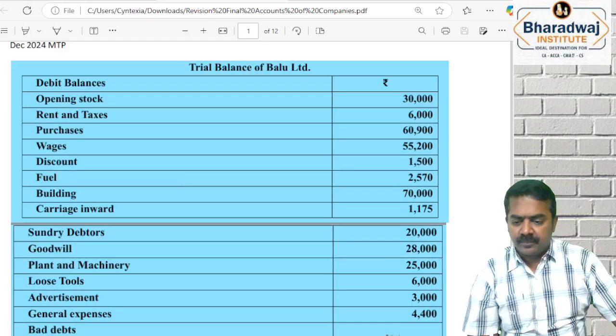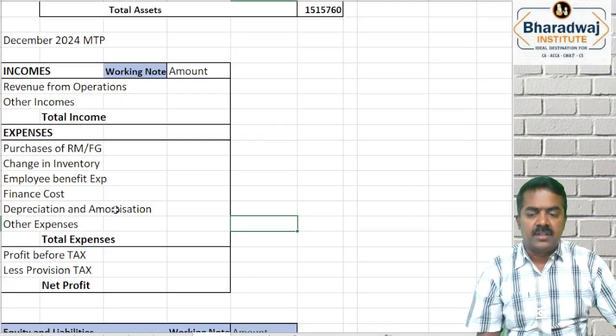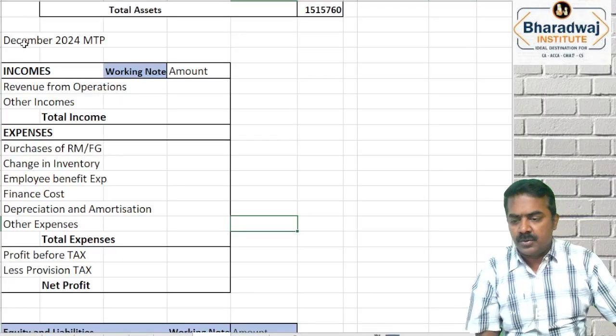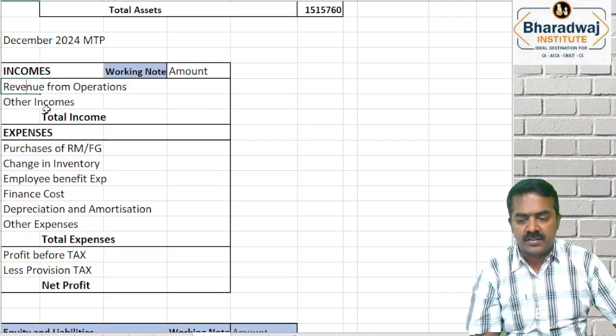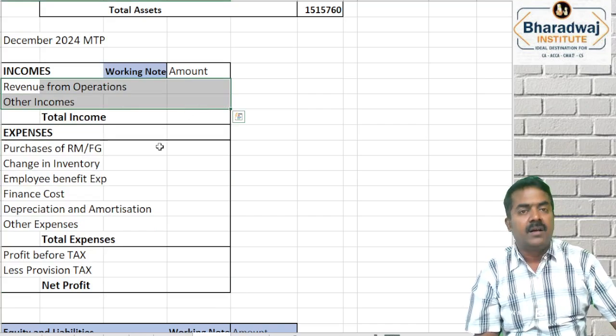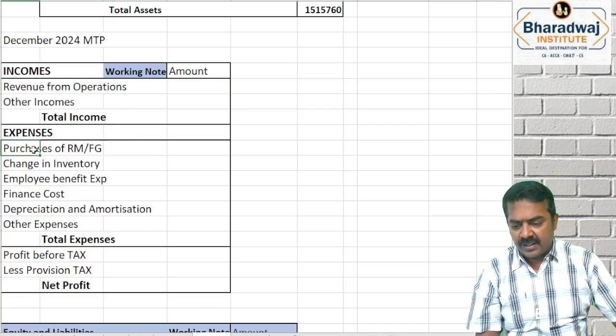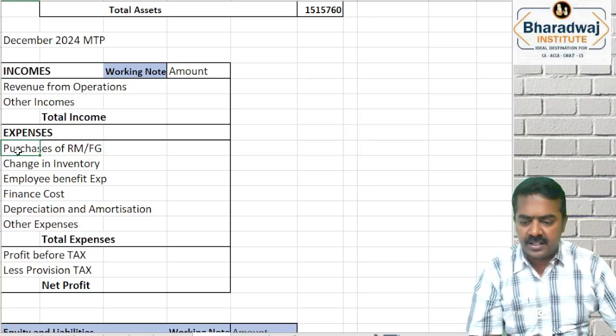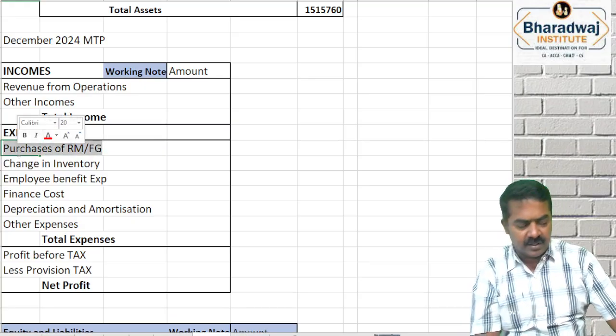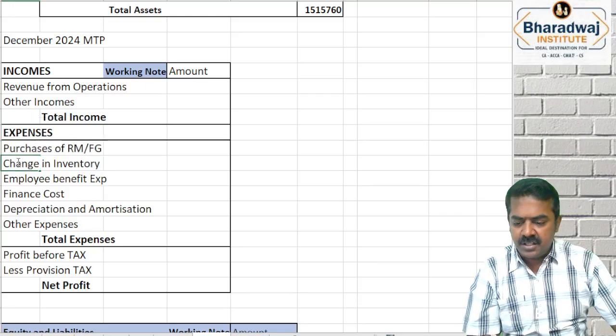Okay. Before we start with revisions, let us do a recap of income statement. Income is classified under two heads: revenue from operations and which one? Other incomes. Expenses, the purchase of raw material or finished goods we include. You can include direct expenses like carriage inwards also here, and change in inventory like opening stock to closing stock,